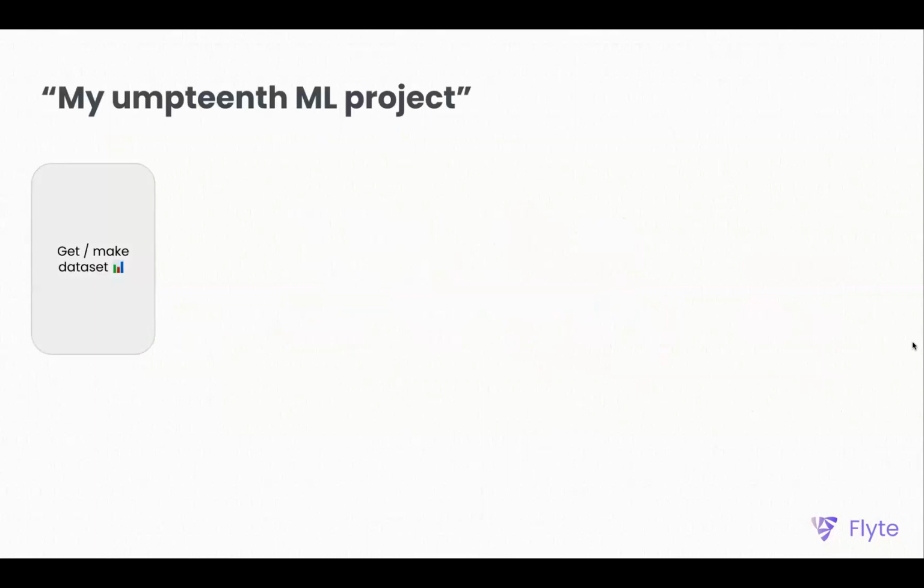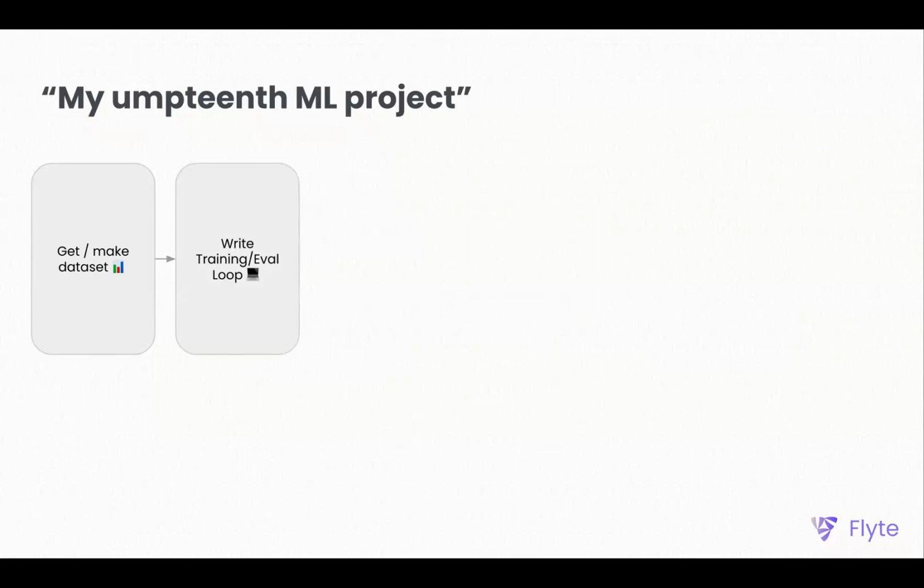So for my umpteenth ML project, of which you work on many, either at your company or in your free time, if you are so inclined, the first step is almost always to get a data set. And obviously step 0 is to have an itch to solve some problem, right? But once you've defined that, you get a data set. You might also make it, which is a little more involved. Typically, you'll just download something from off the web or from some service that already has a fairly clean data set for you to work with.